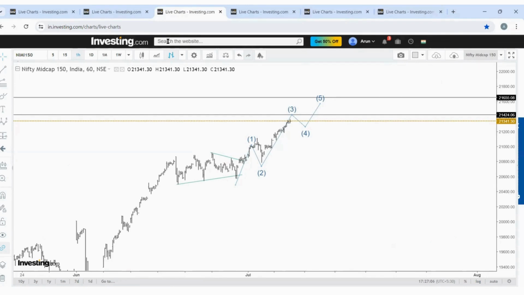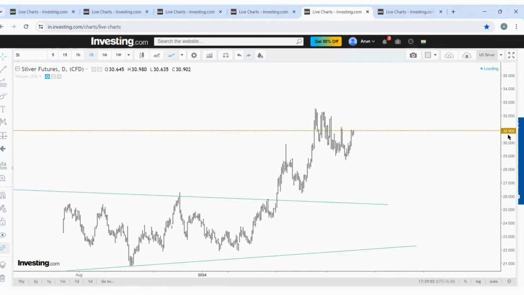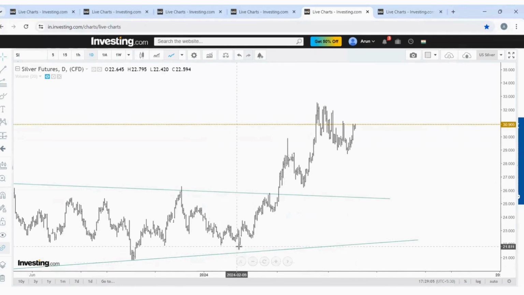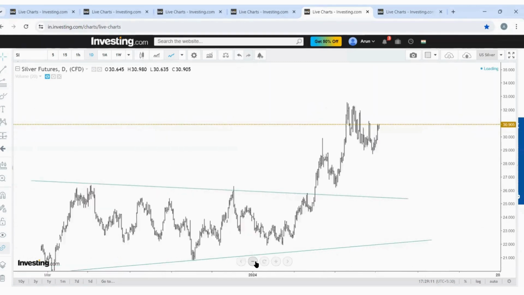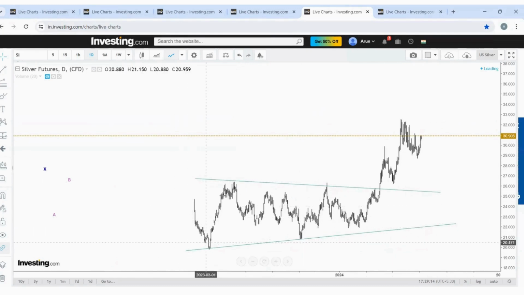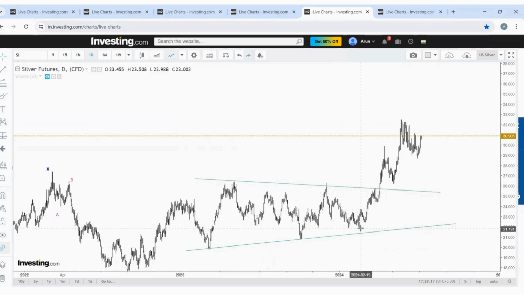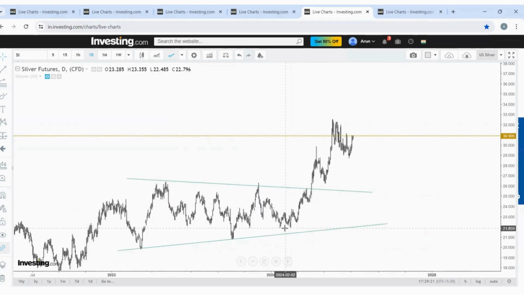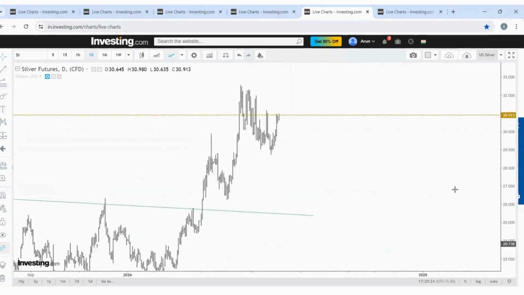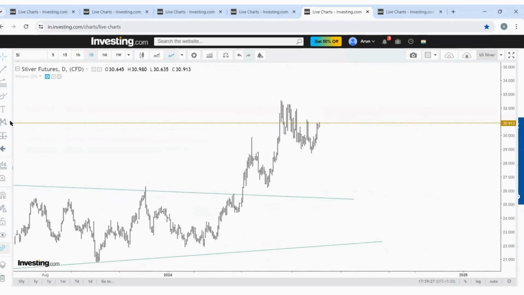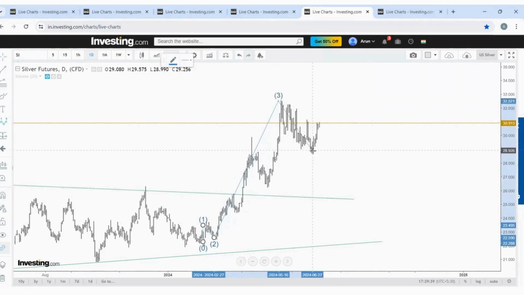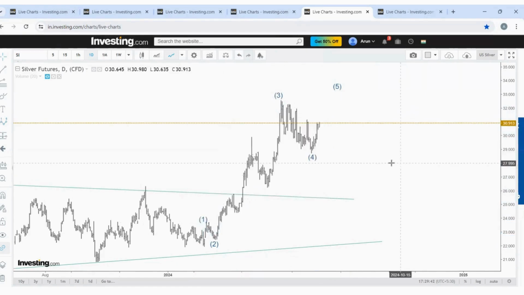I hope this helps. And yes, silver, $30.9. See, I'm taking from this low point because this is not a convincing impulse, so it can be part of some triangle. Okay, can be A, B, C, D, E, and this portion. So I'm going to start counting from this low. So 1, 2, here I cannot mark 3 because see the characters. So 1, 2, 3, 4, 5 all can be 3, and 4, 5,